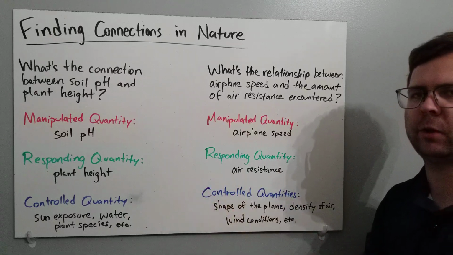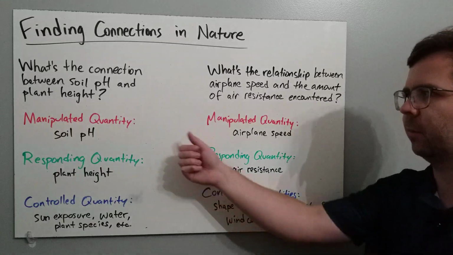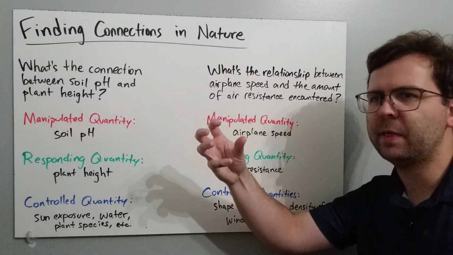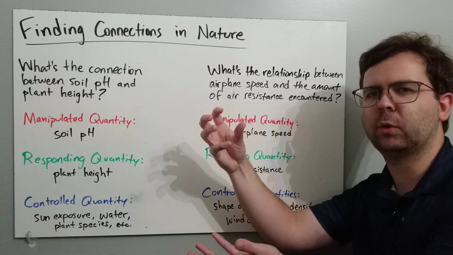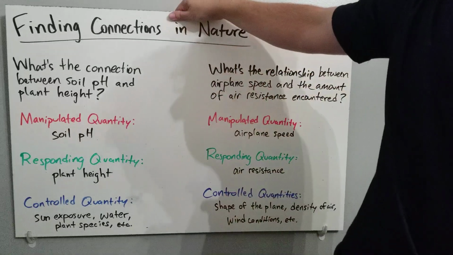So these are two different experiments that we could do and try to find relationships in nature. We always have a manipulated quantity, something that we're changing or manipulating, and then we also have a responding quantity that might go up or down as a result of our change. So let's talk about the first kind of